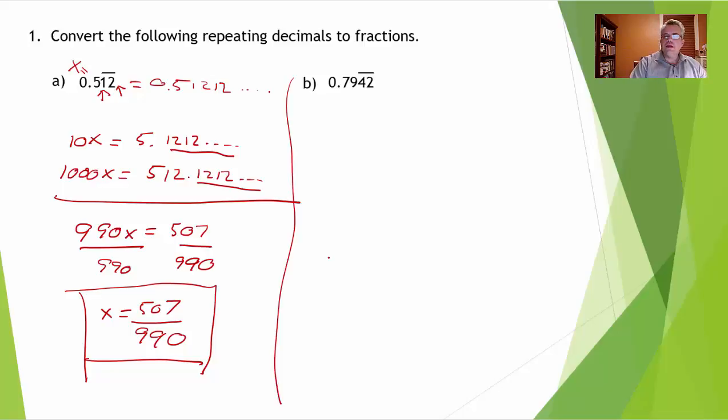Alright, so I'm just going to be doing that trick over and over again. On this one, the pattern starts here, so we want to move the decimal place 2 spots. Our original number is x, so 100x would be 79.42 repeating, 4242 repeating. Then I want to move it all the way to the end of the first pattern, so I have to move it 4 places. I need to multiply by 10 to the 4th, which is 10,000. So 10,000x would be